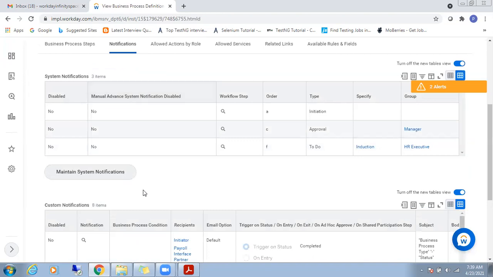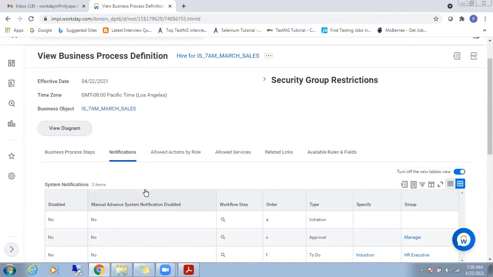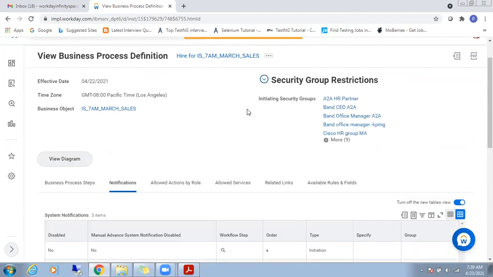Pawan, sorry to disturb you. Can you increase the screen? I don't know if it is my problem, because I can see only half of my screen. Harshit, are you facing the same issue? No. Okay, I'm able to view it also, but it's small right now for me. So let me check if it is from my side. I think it's from your end, Shilpa. Yeah, sorry to disturb. No, nothing. Check it once.